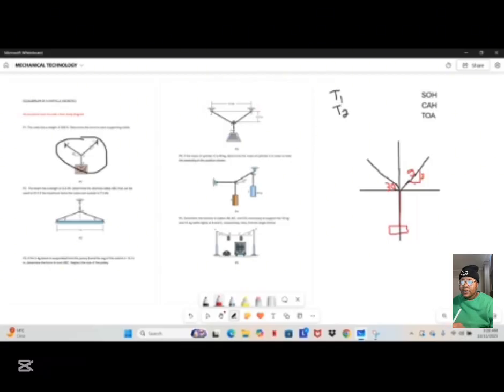Then we have a 5 here, and there's a 3, and there's a 4. These things are held by some things here. This is named B,